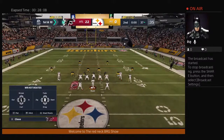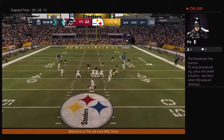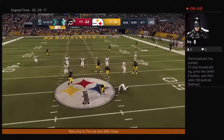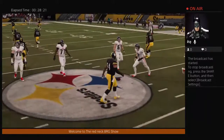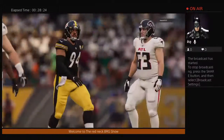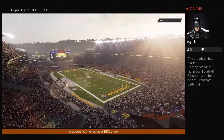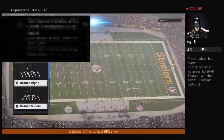You're just feeling it. Line of scrimmage, the 37 on 1st and 10. Final play of the half. It's Ryan. And he's going to go down. Couldn't get a throw off with the pressure. Maybe that was for the best, as that brings us to the end of this first half of play. So we reach halftime in what's been a fairly one-sided game so far. As we send you to Orlando to check in with...